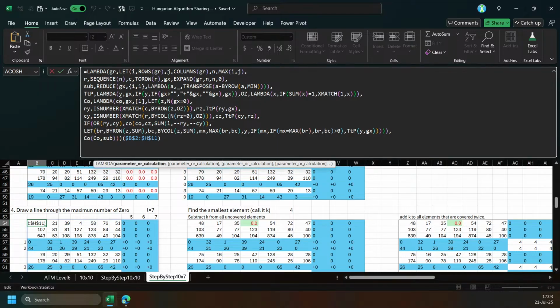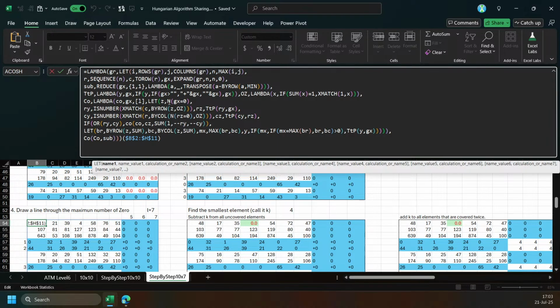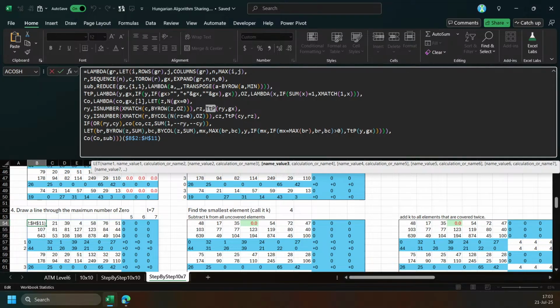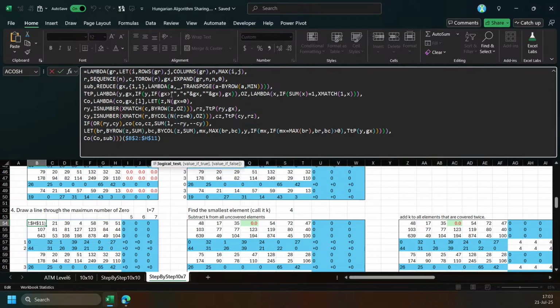So this is the one that I count. Okay. So here is the C: I check if the grid is 0. So this one, and then RY is check which line has the single 0, and then show the column on that one. And then this function text to plus is like change number to text, and then change text to plus if